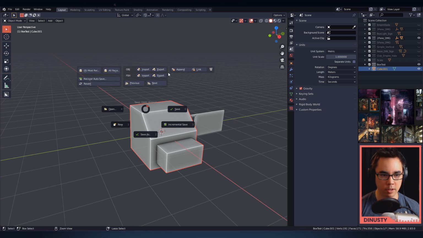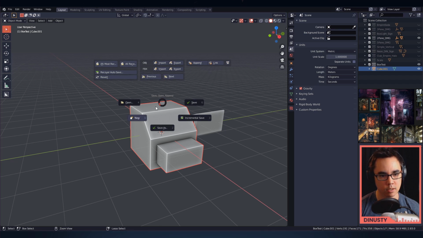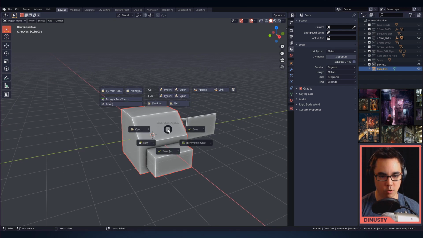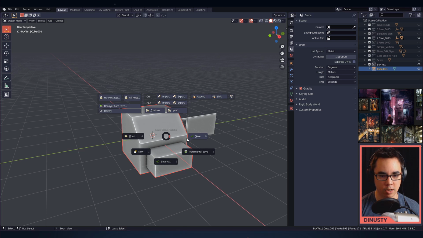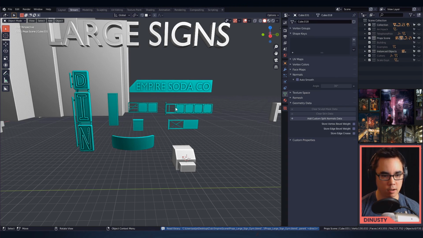This radial menu, by the way, you'll see it's got link, append, and open recent. This is all machine tools, it's just more readily available. So I can just Control S, go to the right, Control S, most recent, block out, and now I'm back